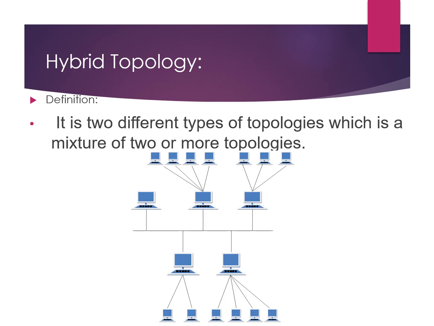And then finally we have hybrid. As I said earlier, hybrid is a combination of any two topologies. That is said to be the hybrid topology. As you can see here, we have a bus topology as well as the star topology. So these are the main concepts of